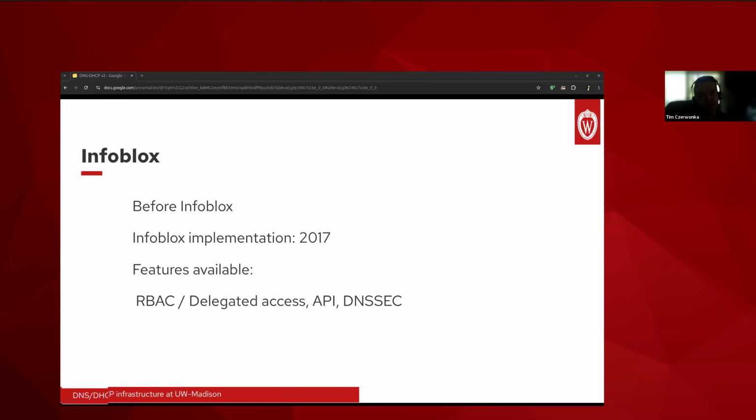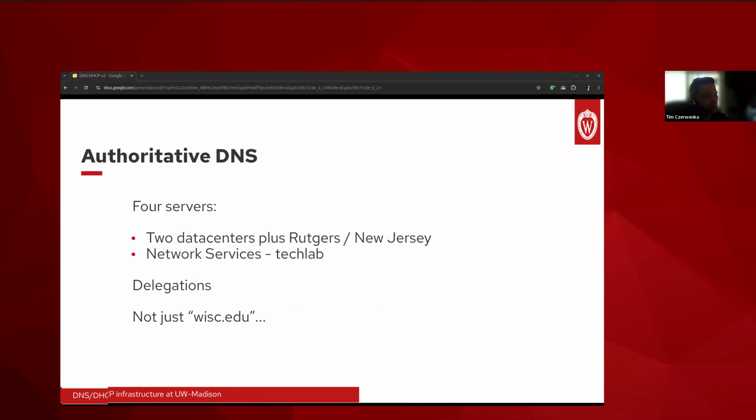At the moment, a lot of people are using API access to automate SSL certificate renewal. So that's kind of a useful thing that has just come up pretty prevalently across a lot of groups and departments within the last year, I would say. UW-Madison implemented DNSSEC in 2021, and by maintaining additional hardware at a data center hosted by Rutgers in New Jersey, we can maintain DNS services even if UW-Madison were to become unavailable and go offline.